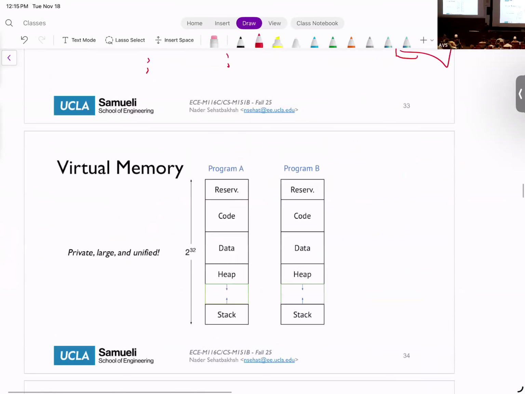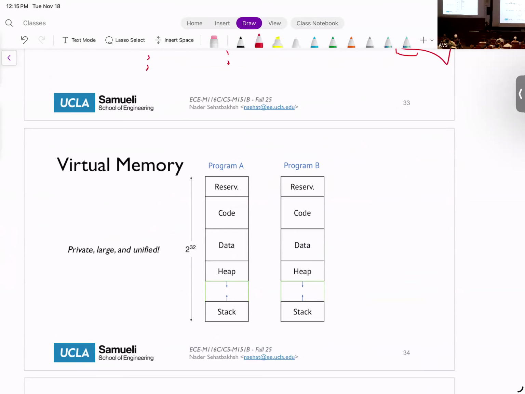All right, so what will happen is that your virtual address looks like this: you have a bunch of programs, and each program, for example, if your addresses are 32-bit, thinks that this is how the memory is scheduled for it. Depending on which operating system you're talking about, programs usually have sections. For example, a reserve section, a code section, a data section, a heap section, a stack section, and so on and so forth.